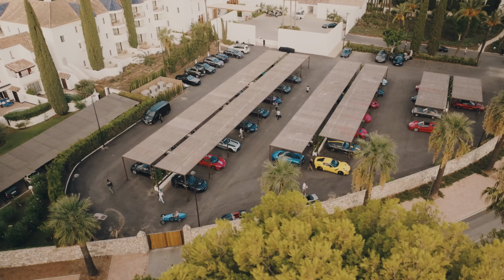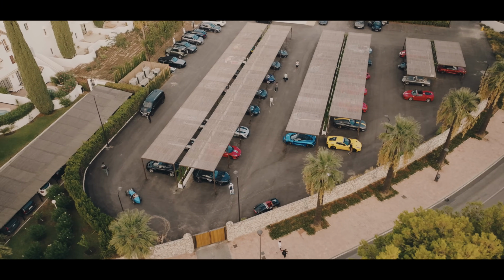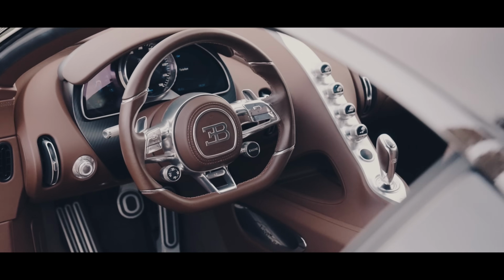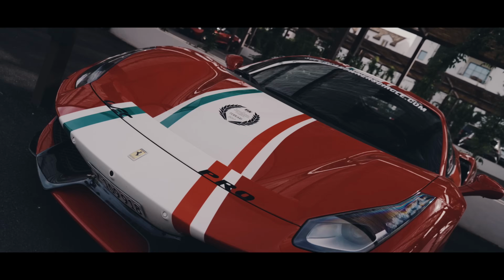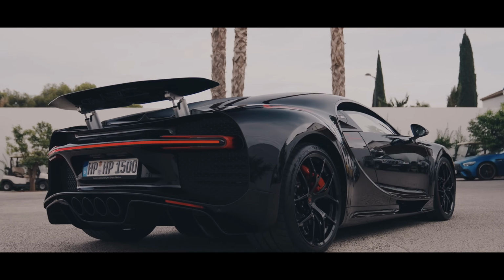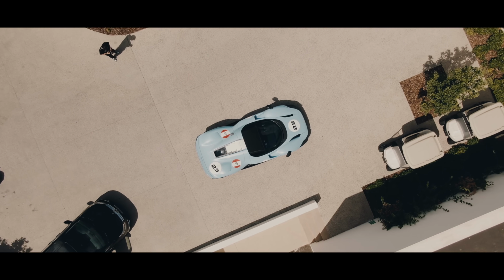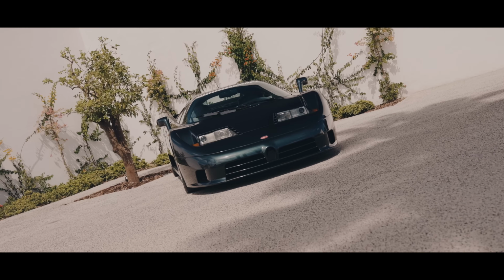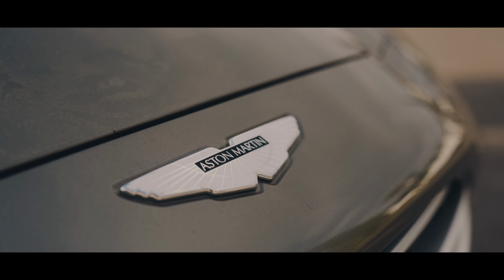It's amazing. So what's going on here? Well, this extravaganza of opulent metal is the Supercar Owners Circle weekend. SOC is a company that helps you get the most out of your rare and fabulous exotica, and each year they organise a big driving event. Previous locations have included Switzerland and Croatia. This year it's in southern Spain, and Top Gear has tagged along to find out what's involved,